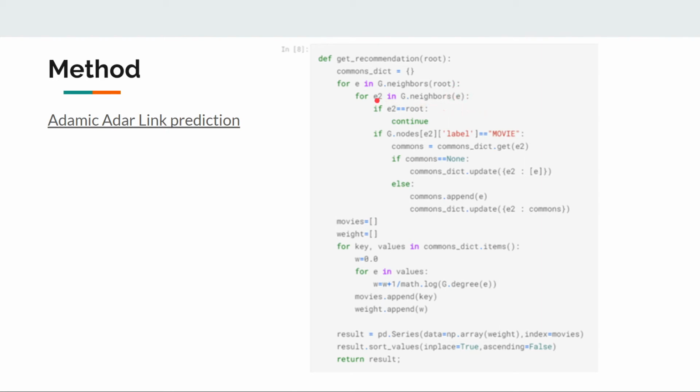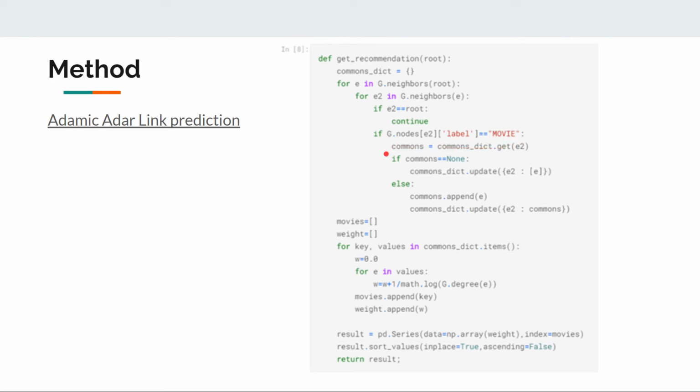Then we check whether e2 is the root node or not. If it is the root node, we skip it, and if not, we check whether it is a movie node, because our graph contains many types of nodes, for example actors and genres.